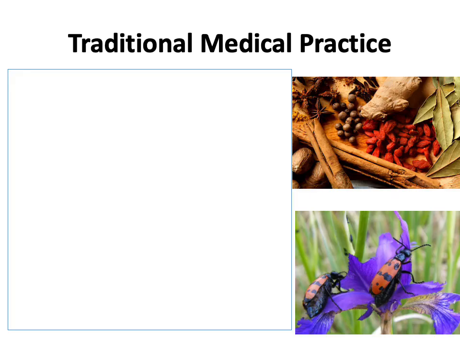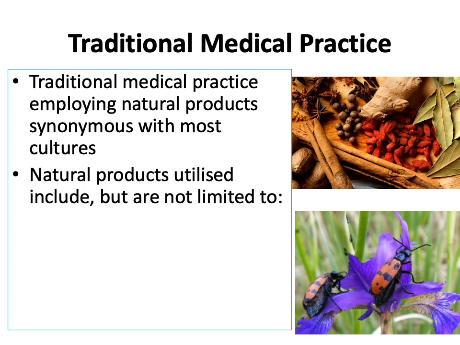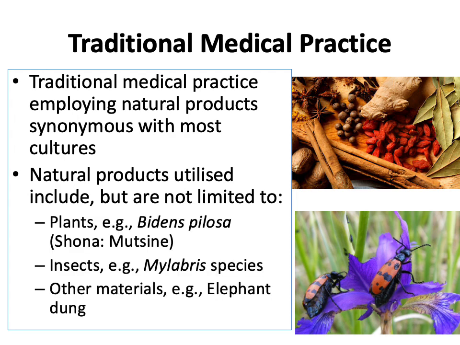All right, so moving right on. So traditional medical practice is quite synonymous with most cultures on the African continent. Not only on the African continent, but also elsewhere in the world. And here we're talking about traditional medical practice which uses natural products. And the natural products which are used in traditional medical practice actually vary from plant materials, for example, Bidens pilosa, which is known as mutsine in Shona, which has been used for a variety of medical conditions, including inflammatory